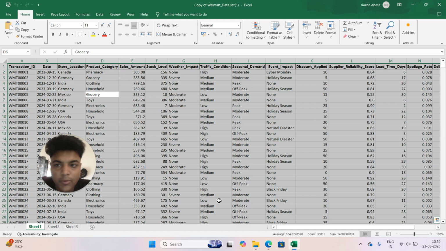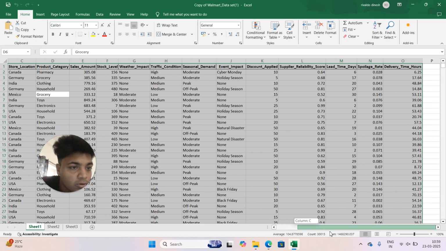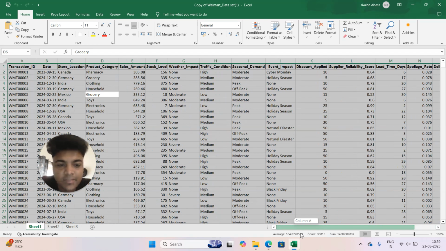This is the dataset which we got from Walmart, and it contains details like transaction ID, date, store location, product category, sales amount, stock level, weather impact, discount applied, supplier, lead time dates, and also delivery times. So this is the data, and the project that I've been given to do is